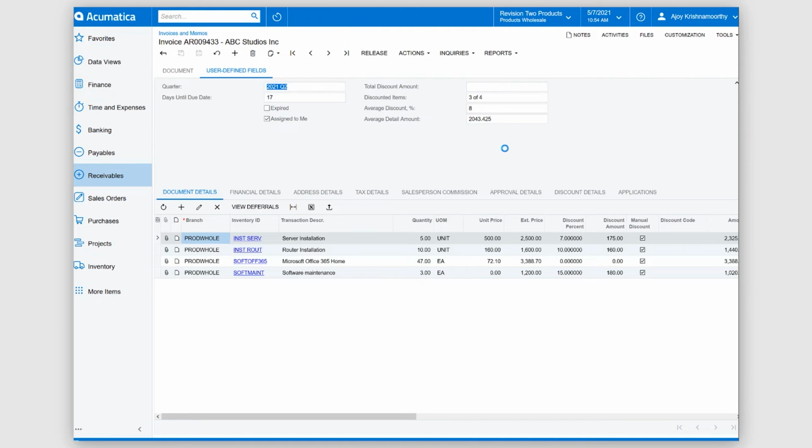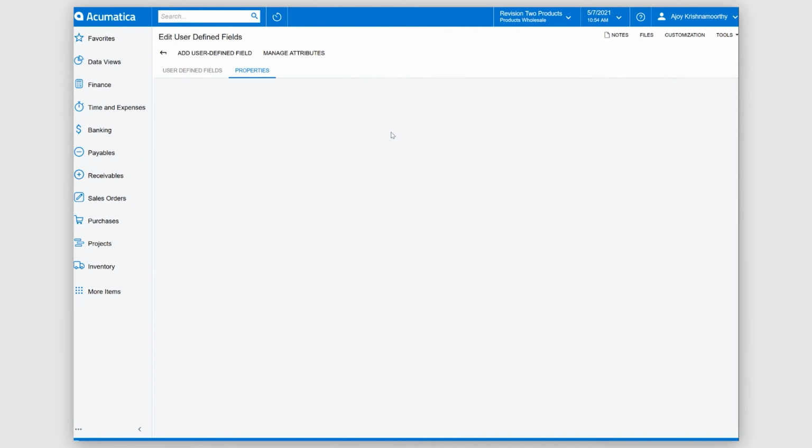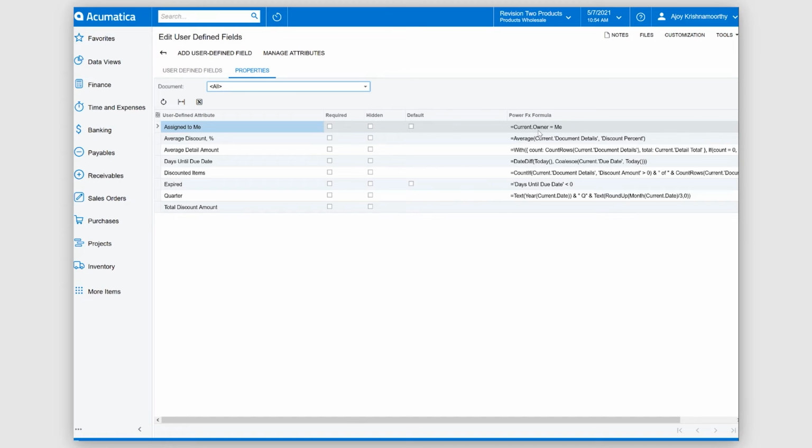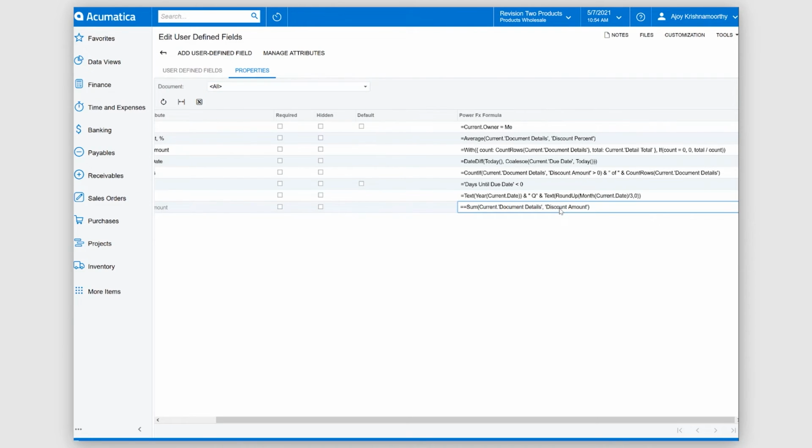So if I go and look at the user-defined fields, and if you look at the value column, we are using Power Fx formulas to add values to these user-defined fields. And one thing you would notice is that these formulas look a lot like Excel formulas, something that our users are very familiar with. For example, average discount percent. You can do the average function with the current document details, the list you saw in that invoice, along with the discount percent. I see the total discount amount is empty, so I'm going to go ahead and add the